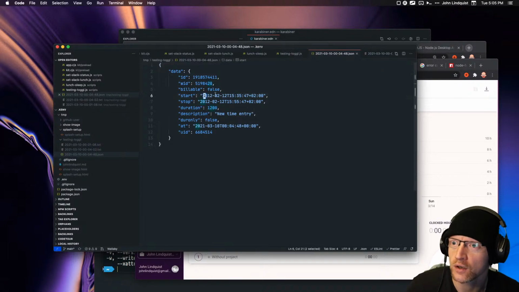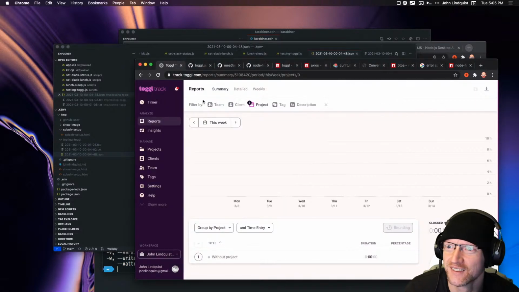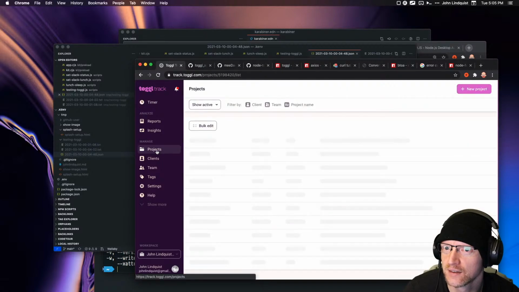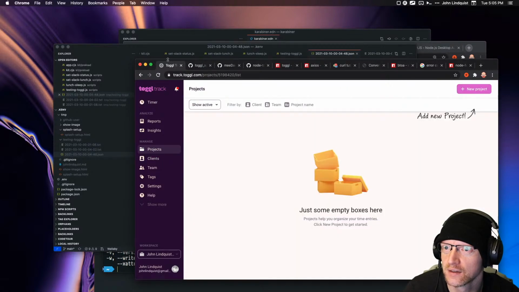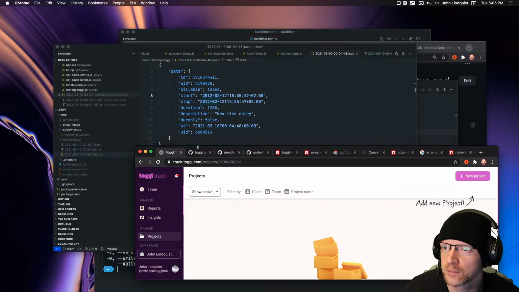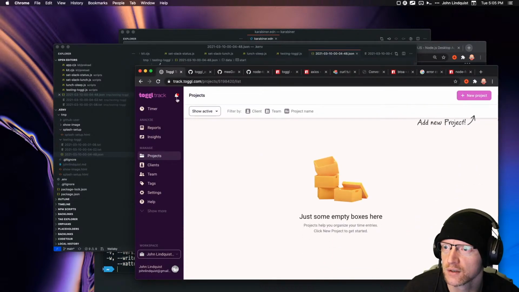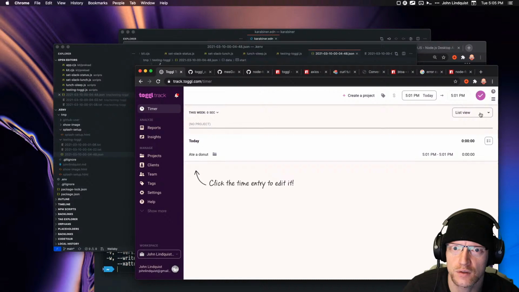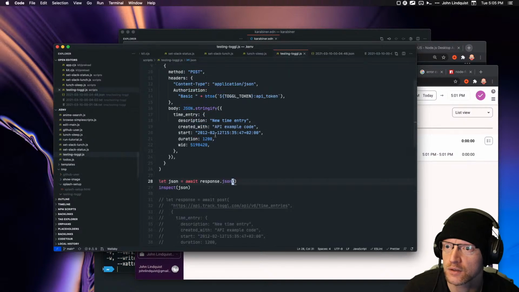Maybe it's like too long ago since it's 9 years ago. New time entry. So that's to have a search box somewhere, right? Search, search, search. So let's try